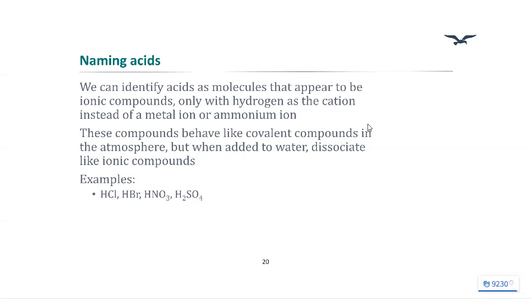If we consider hydrogen as a +1 ion, all of these look like ionic compounds. So even though hydrogen is non-metallic, its +1 characteristic is going to make this feel a little more ionic than